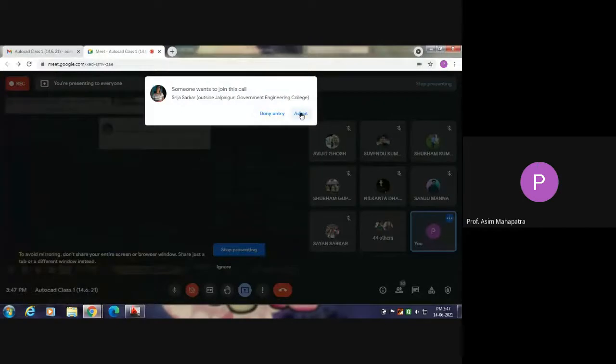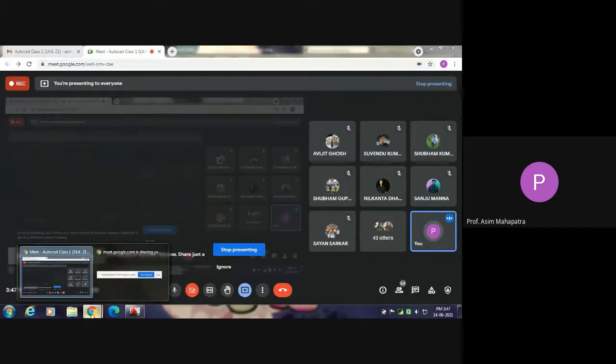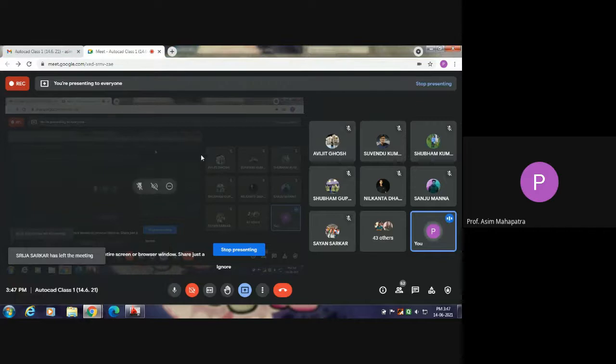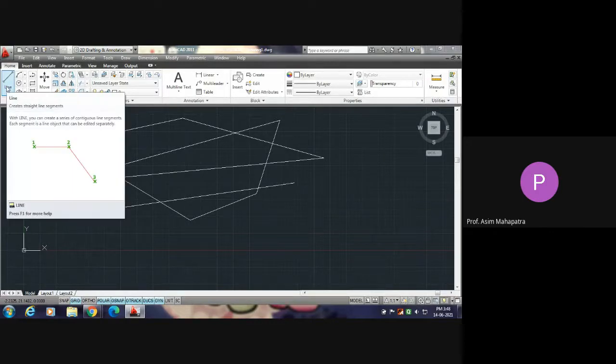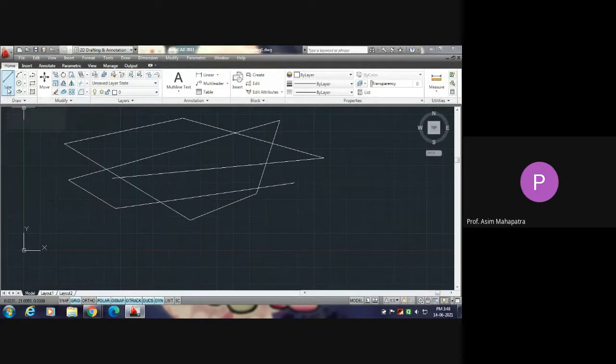Now you will find very much interest while on that point how the command can be executed. So there are several methods of giving command in this AutoCAD software. The first one I have discussed, clicking on the line tool. Just you click on the icon, where the line is written. Now, there is another method. You type the word line and then enter. The same command will be executed.